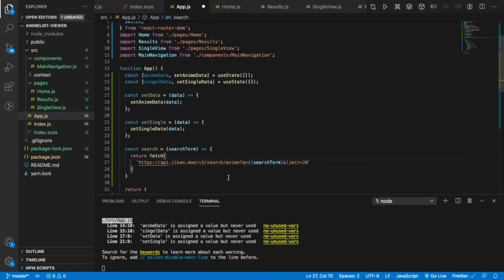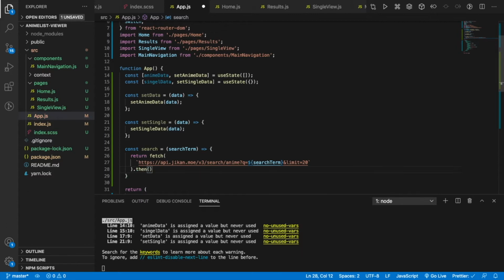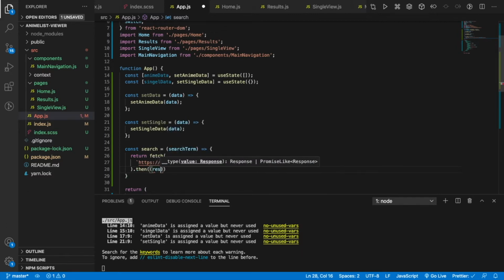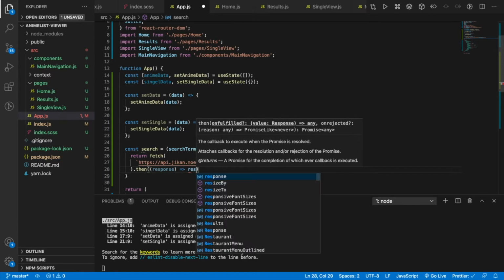So let's paste that in. For right now, we're going to limit it to 20. I can get into further videos, maybe in the future, where we can paginate this API. But for right now, we're going to keep it super simple. And then we're going to do a then response on it, as I said earlier. What the then is going to capture is whatever response data came through on the promise. And we're going to do an arrow function, and then we're going to say